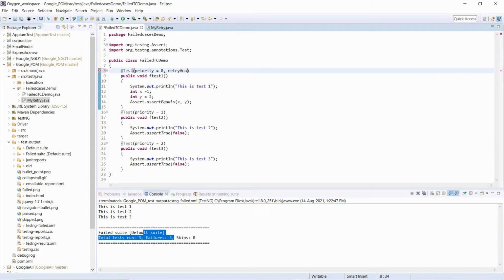retryAnalyzer is equal to, and you have to give the package name, the failed case demo package name. First you have to give demo dot MyRetry dot class.